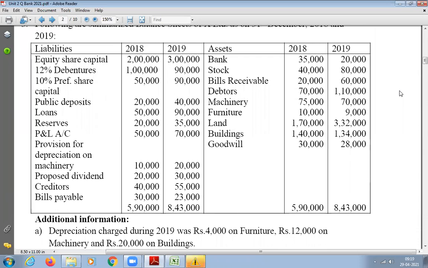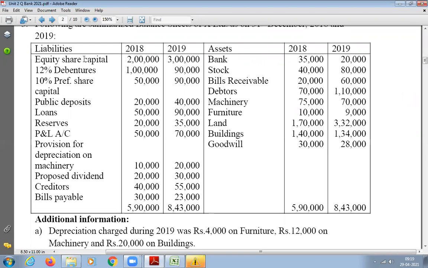Okay. So the 2,000 is goodwill written off. Where do you write that goodwill written off? In the adjusted P&L account, on the debit side. We have to add back the goodwill written off of 2,000. So please remember this when you're preparing that. Anything else you have to prepare?